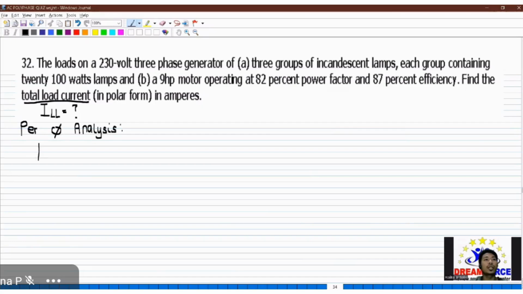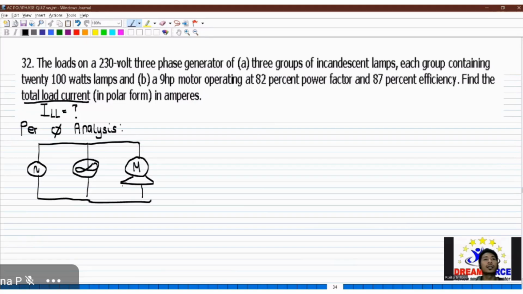Okay, let's say ito yung ating source, tapos andito yung bulb natin. Ganyan lang yan. At tapos ito yung motor. So lagi naman yan parallel. Nasa per phase yan. Kung sa 3 phase yan, i-connect mo sa AB, connect mo sa BC, i-connect mo sa CA. Okay? So para mahanap yung total current natin,